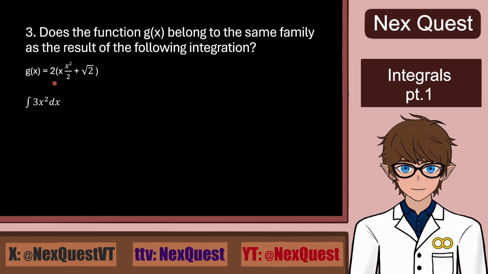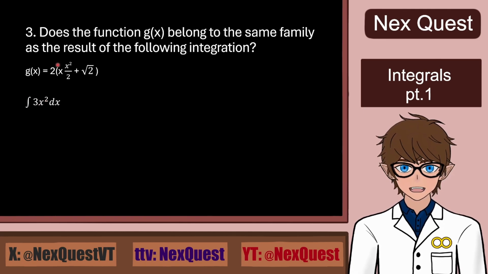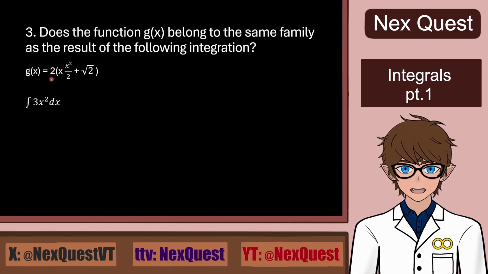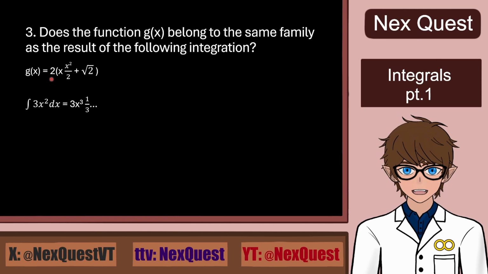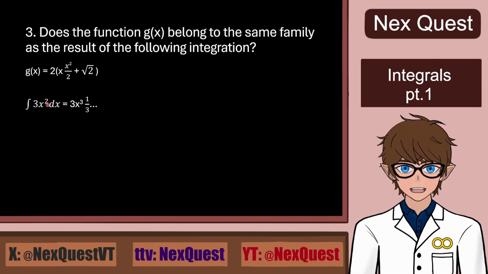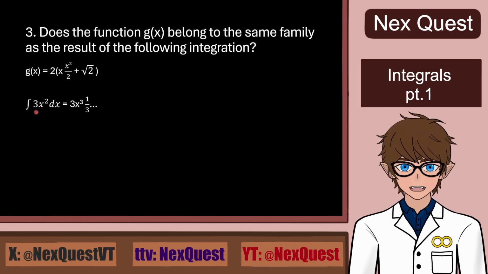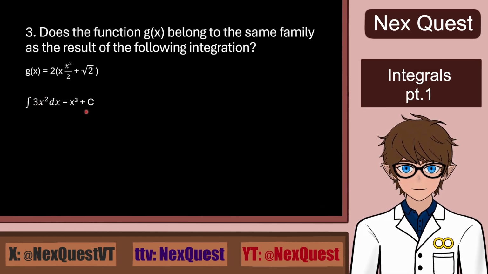Now for the third one. For this one, we need to solve the integral here, and then see if we can write the g of x to match the form of the result of integration, and determine what the constant would be. Sounds complicated, but it isn't that hard, so let's solve and see. We'll start with the integral and use the inverse of the power rule: increase the exponent by 1, then divide by the new exponent. So we get x to the power of 3 divided by 3, plus c, of course,